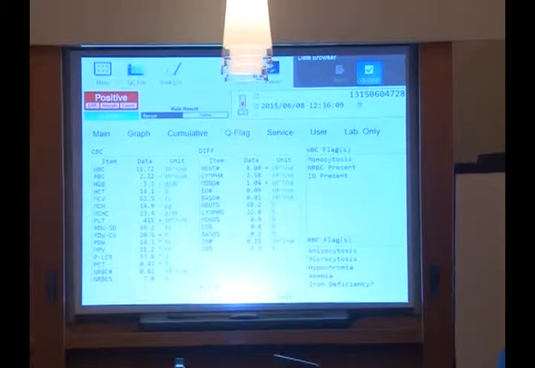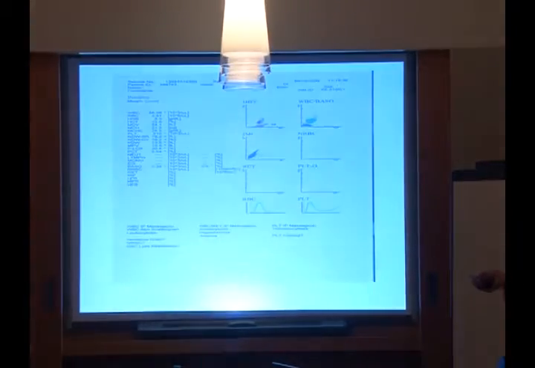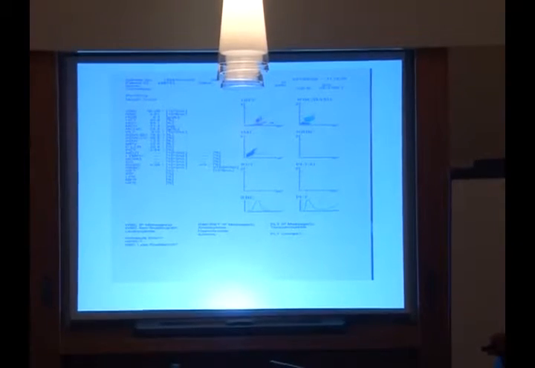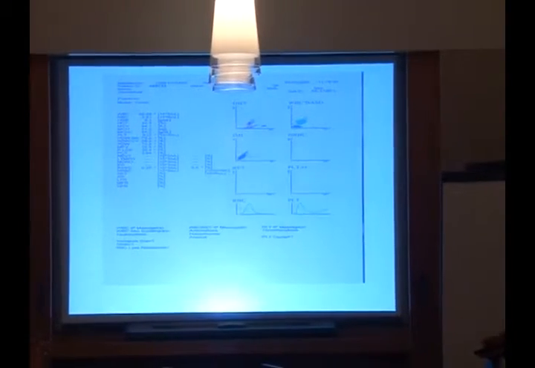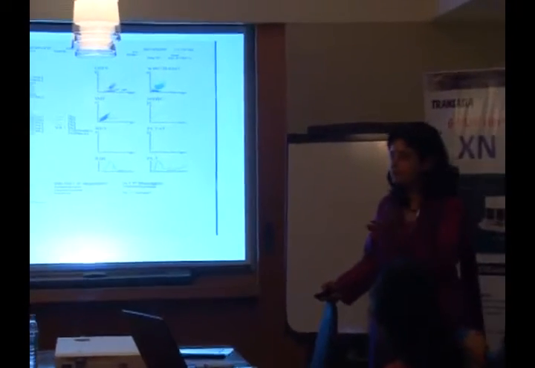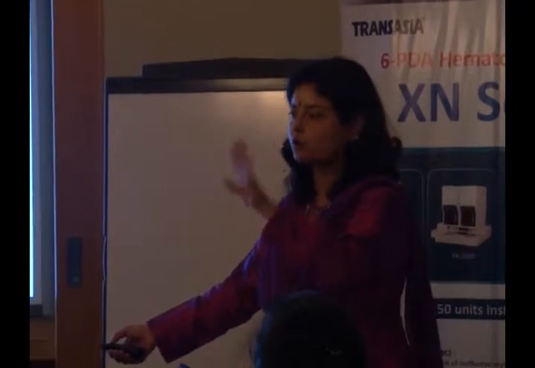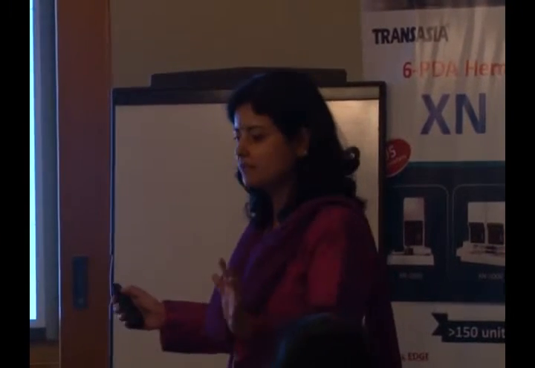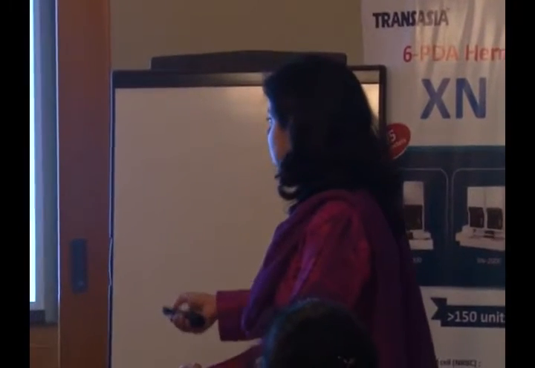Okay, so that was the time when we had the XE. Now the problem with the XE was that you have to have a separate reagent at that time for NRBC. To get a separate reagent only for NRBC didn't make sense to us at that time. Now we are happy in the XN, you get the NRBC count in percentage straight. It comes for all patients. You don't have to use any separate reagent. So they have also been kind to us now, giving us a machine where you don't have extra reagents and you don't have to pay for everything. So this is now my new machine.